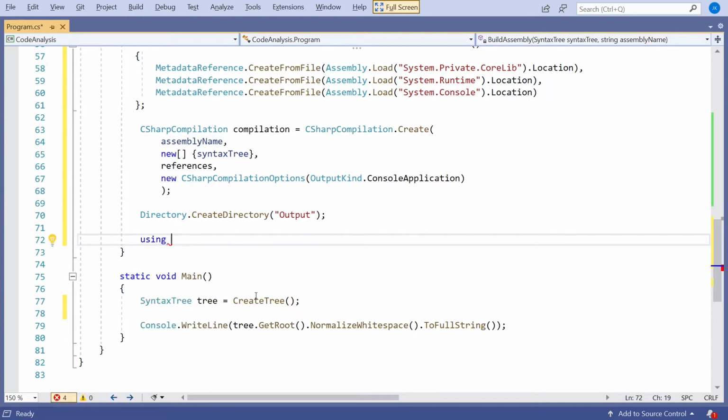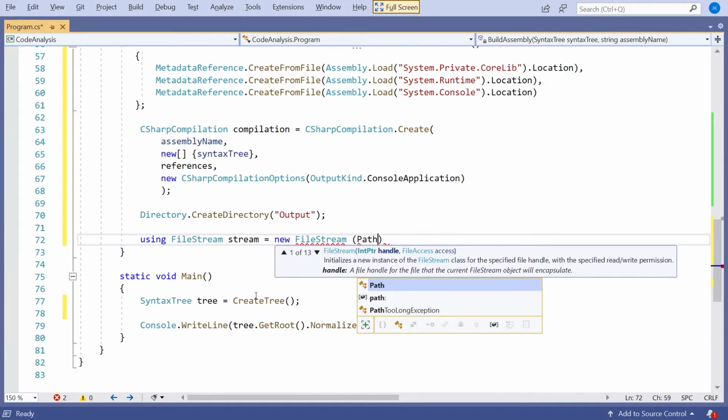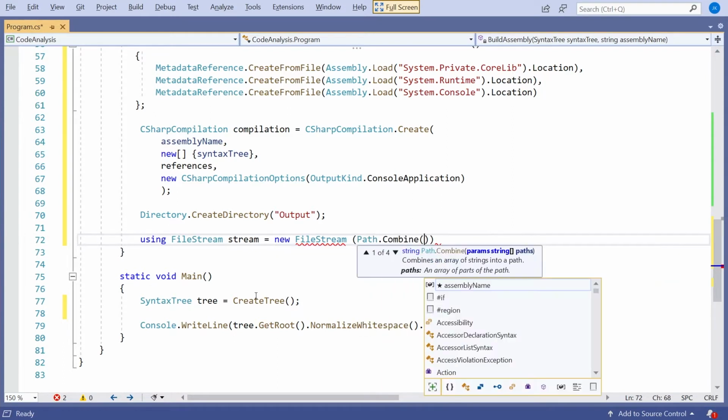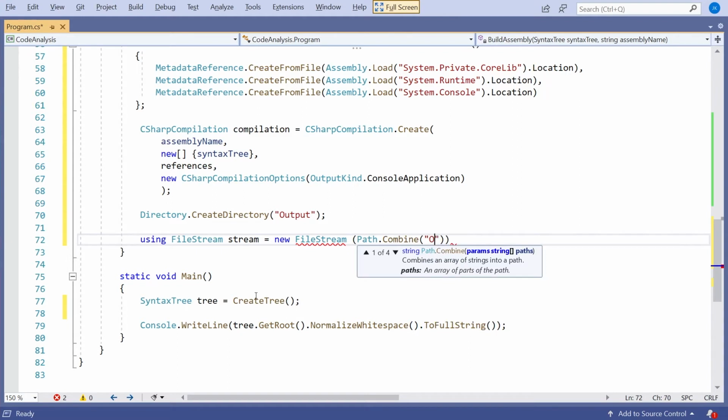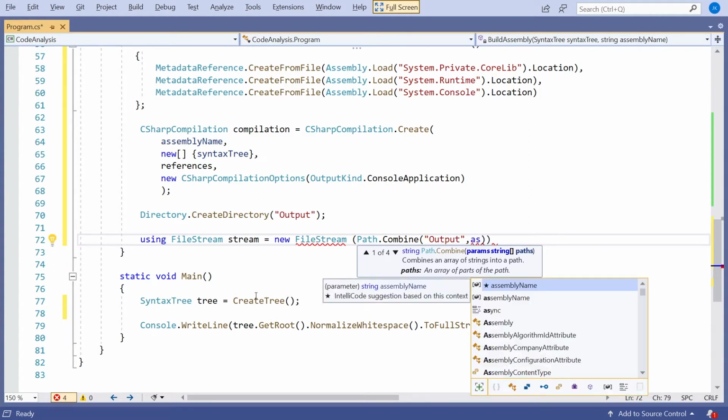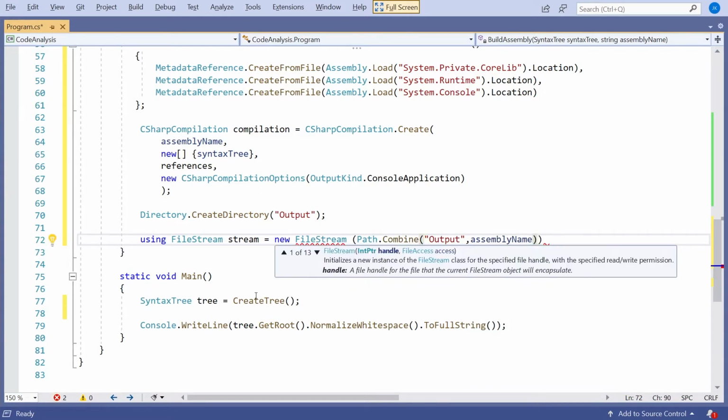So I'll have using file stream equals new FileStream, and then I'm going to say Path.Combine, and so the output that we just created along with the name of the assembly that was passed in. So that's what we have in there.